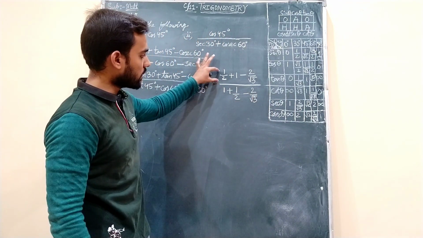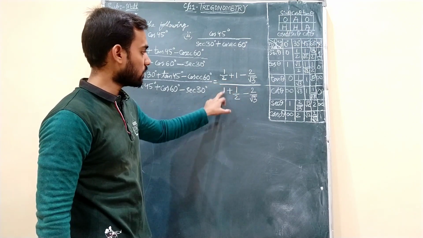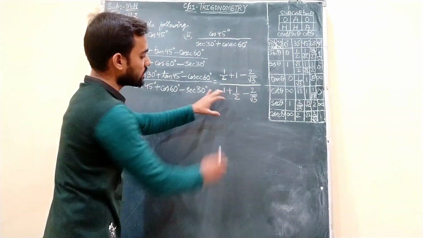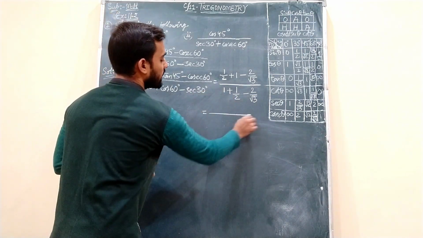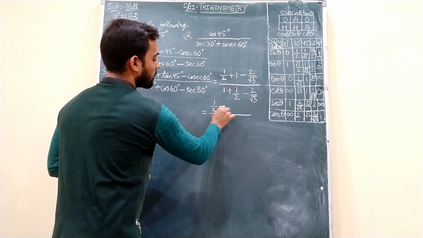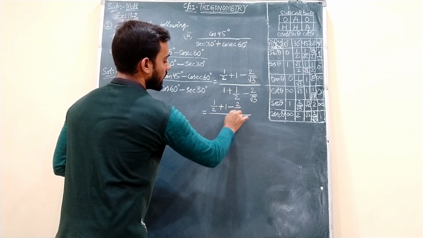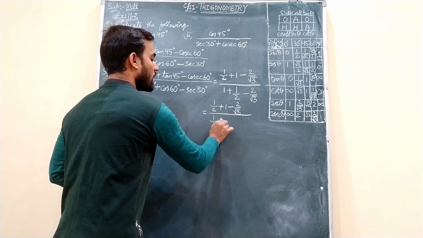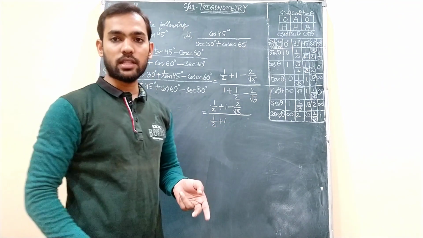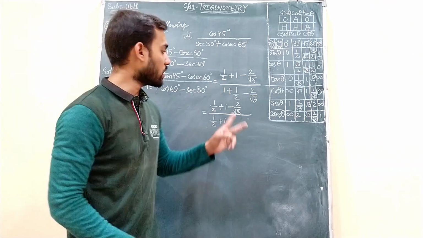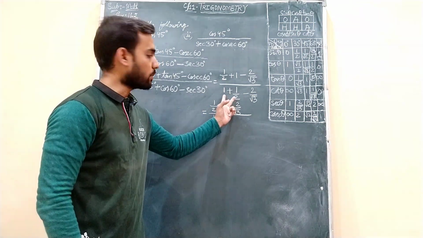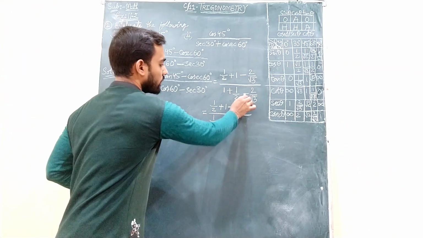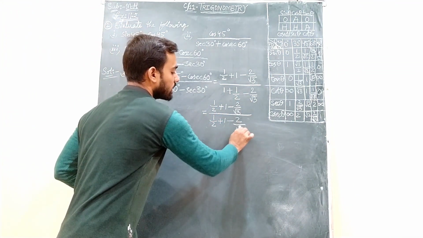See students, you have here also 1 by 2, here also 1 by 2. 1, 1, minus 2 by root 3, minus 2 by root 3, as it is you have. So what I will do here, I will just interchange these two things. Numerator I will keep as it is, 1 by 2 plus 1 minus 2 by root 3. In denominator, 1 plus 1 by 2 can also be written as 1 by 2 plus 1, because 2 plus 3 is also 5, 3 plus 2 is also 5. So through commutative property, I am just interchanging this. I am writing 1 by 2 first, then 1. Then after that this minus 2 by root 3 as it is.